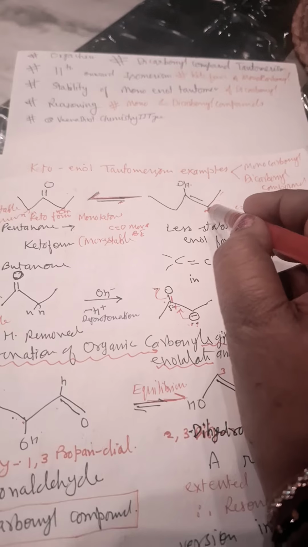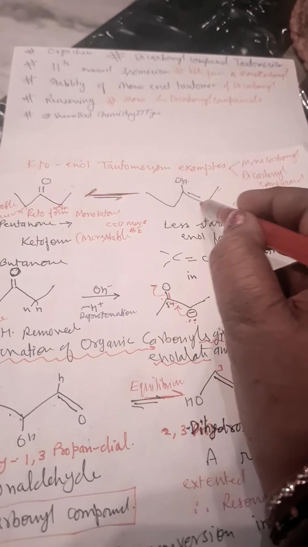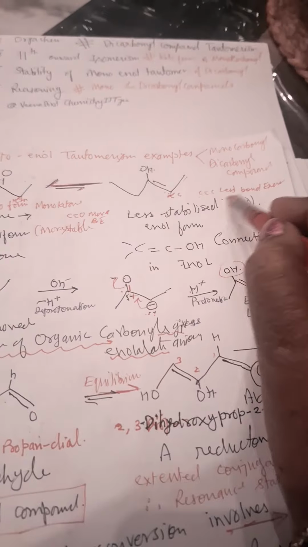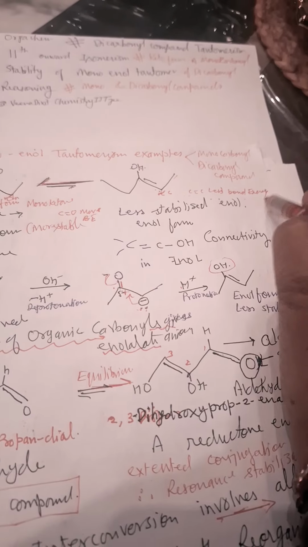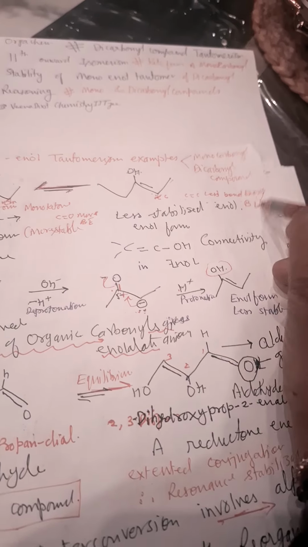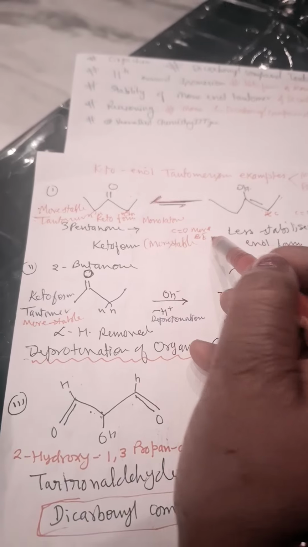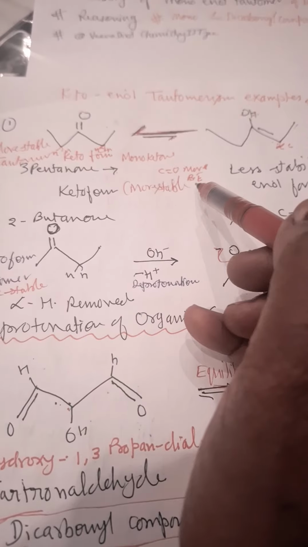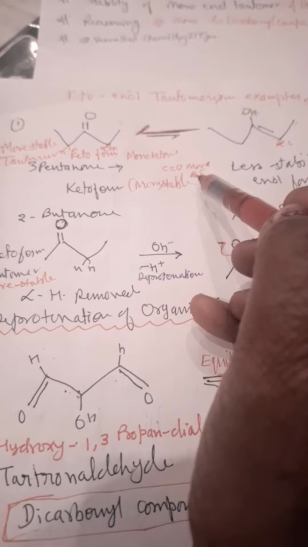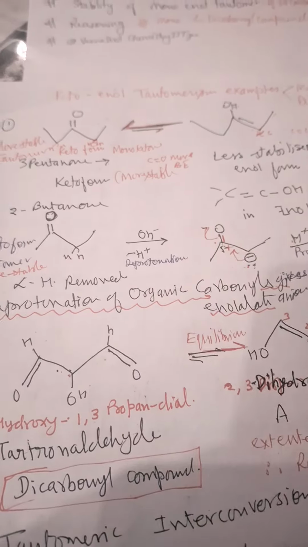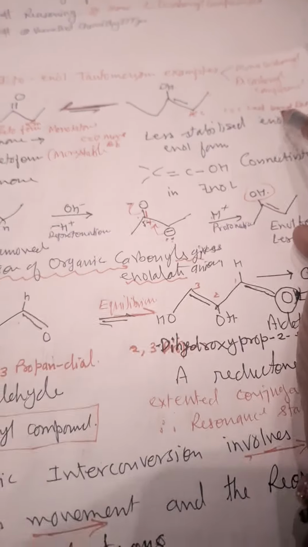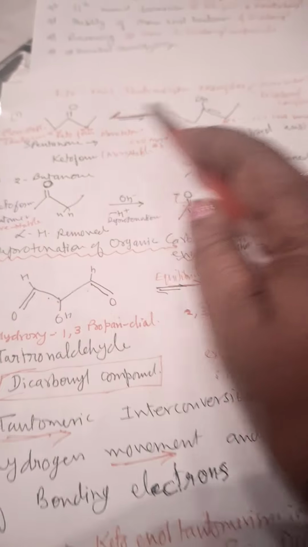Okay, so the alpha carbon lone pair of electrons will move, forming a C=C double bond, and the C=C has less bond energy, BE, I am writing BE, so that is why the enol form is less stable. But the keto form is more stable because C=O has high bond energy. I have written BE. So the carbonyl group has high bond energy as compared to the olefinic carbon double bond. So the keto form is more stable than the enol form.